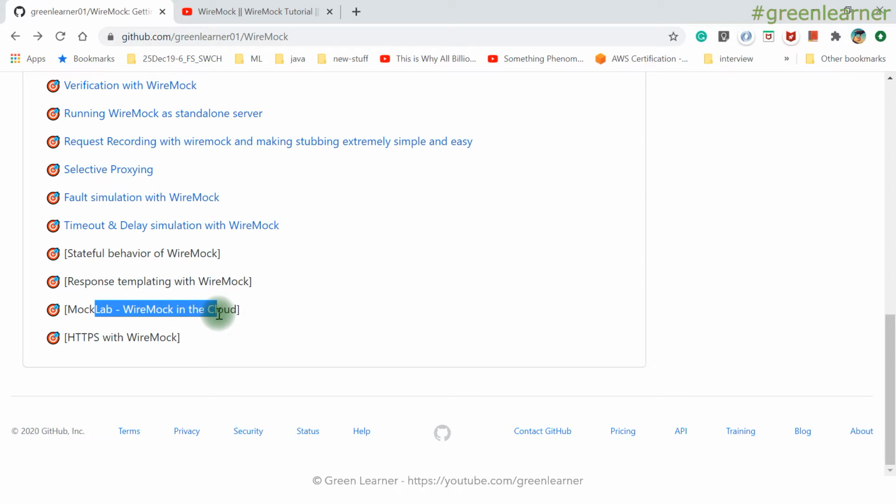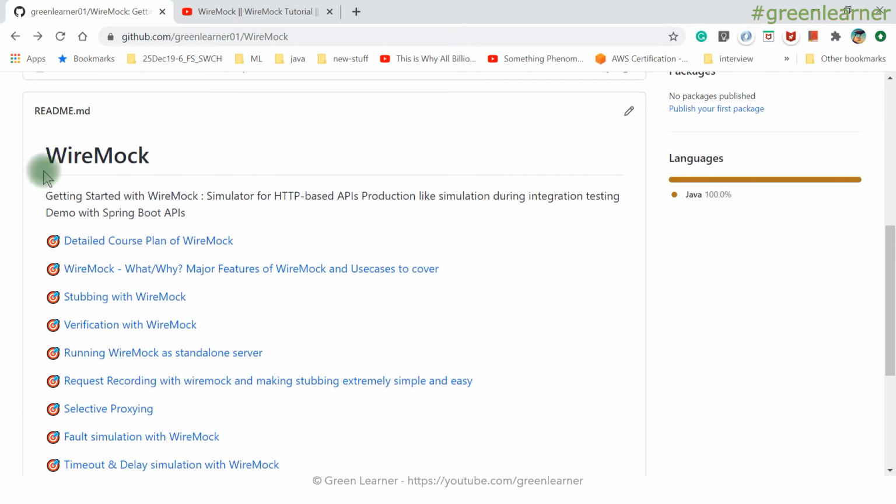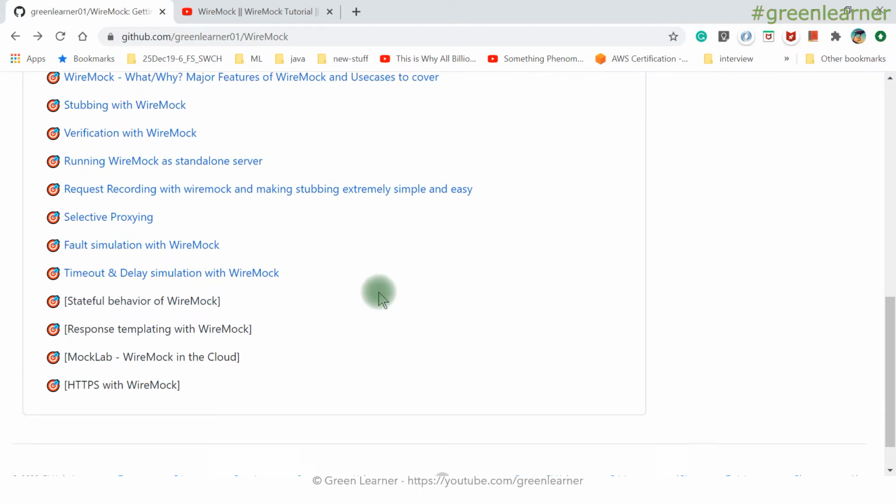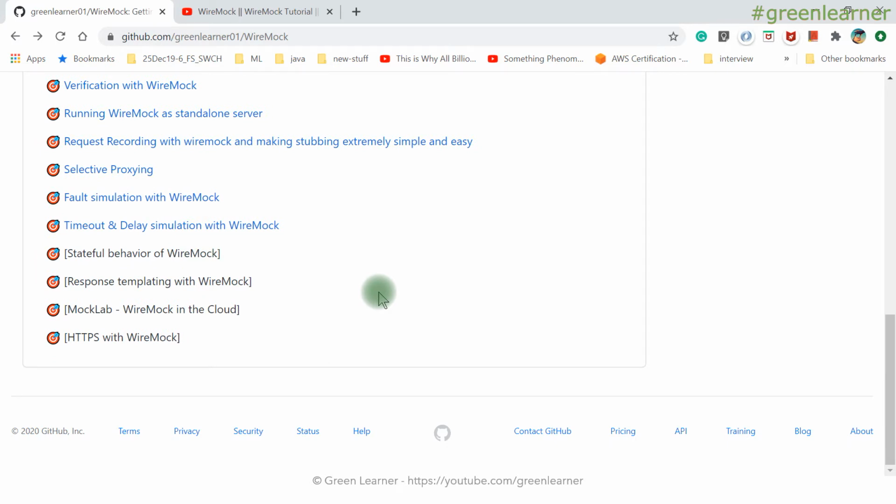So coming to the topic, MockLab, WireMock in the cloud. Everything that we are doing here is a standalone WireMock server. If we do not want to do that, MockLab comes into the picture. You can just hand over the management of the server to WireMock itself, and they are going to charge you something for this.